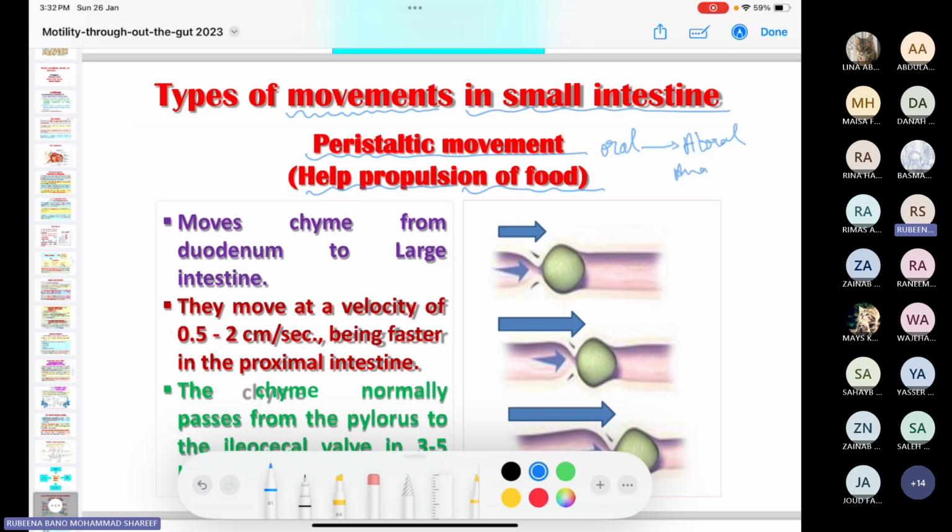So it helps propulsion of food from the oral to the aboral direction. Peristaltic movement moves the chyme from the duodenum to the large intestine at a velocity of 0.5 to 2 centimeters per second. It is faster in the proximal intestine, the duodenum and jejunum,